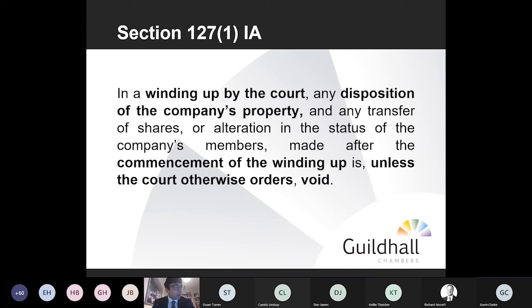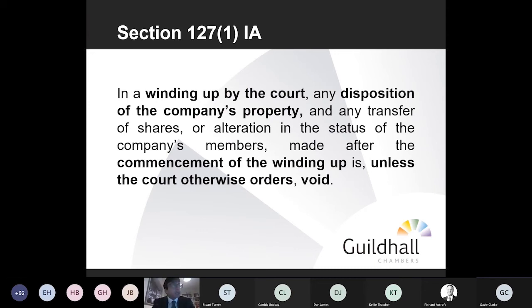And there are a number of cases, certainly Ed and I have been involved in at least 2, Brown Bear Foods being one, Officeserve Technologies being the other, in which creditors have successfully opposed the making of administration orders on the basis that if the company entered into administration rather than winding up, where there was a winding up petition extant, the company would lose the benefit of being able to rely upon section 127, and that would have been a real tangible benefit to the creditors because the net effect was an ability to recover dispositions which otherwise couldn't readily be recovered. So I just flagged that at the outset because it's worth considering in that particular context.